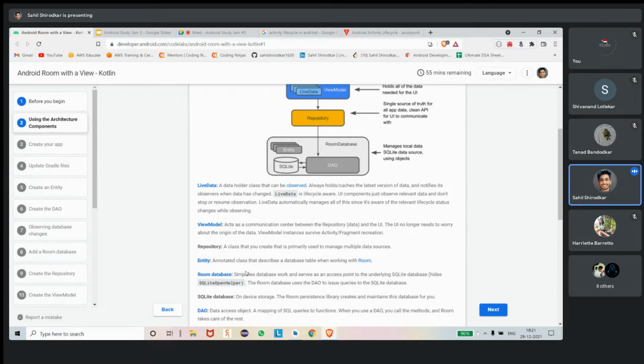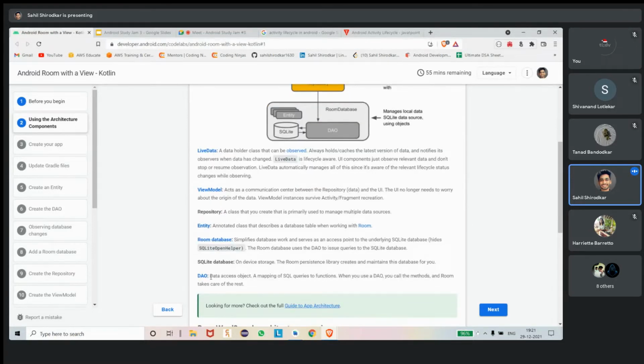Room database. Yeah, I just told you this. DAO, so data access objects. So all the interaction part with the SQLite, not the room database. So as I told you, room database is just a wrapper, just a framework which actually stores the data into SQLite. So all the queries which will store the data into SQLite, we write in DAO. All the insert query, update query, delete query, we write in DAO, which actually interacts with the SQLite here.